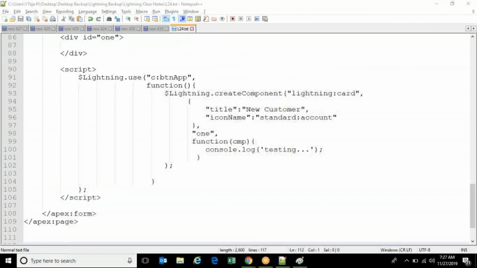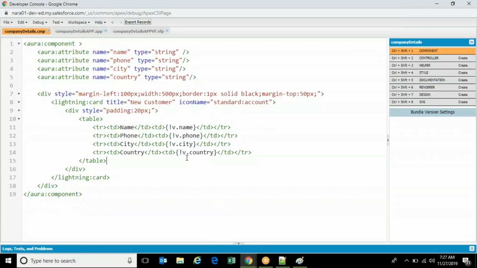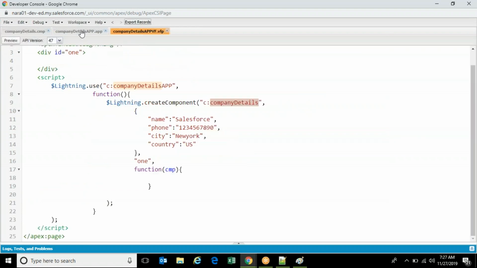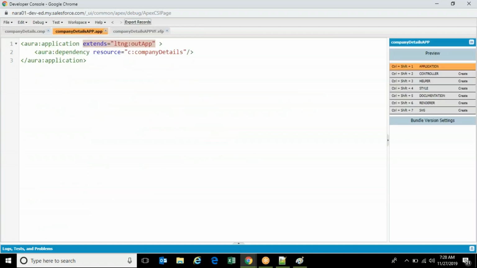Nara, here you are actually calling a component within an app which extends the, what you call, say, the lightning out app, right? Yeah. So what happens